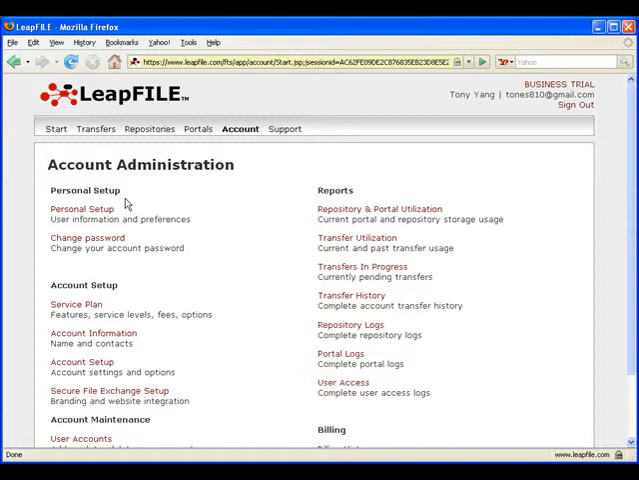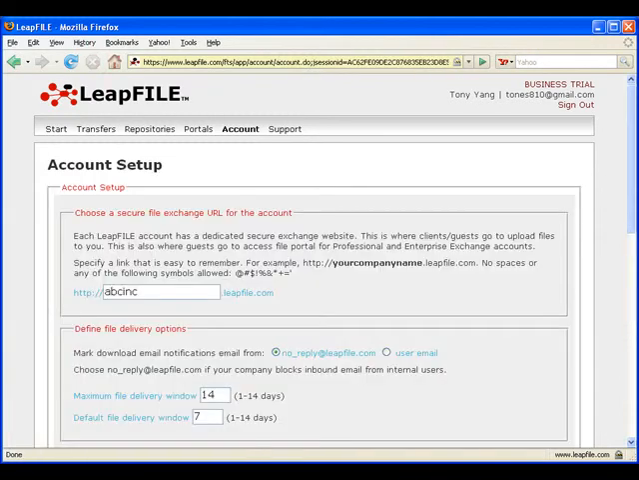The first section we would like to review is the Account Setup section, located here. You may already be familiar with this page if you are the official administrator who first signed up with your LeapFILE account. The first item on this page is your file transfer site link. This is the URL for the website that your guests, whether they are your clients or partners, go to for sending and receiving files with your users,